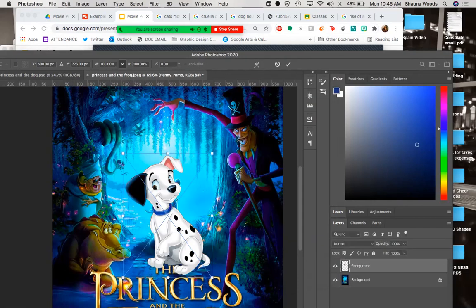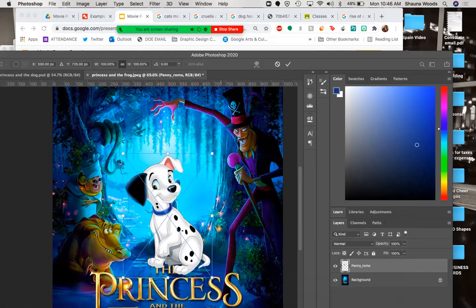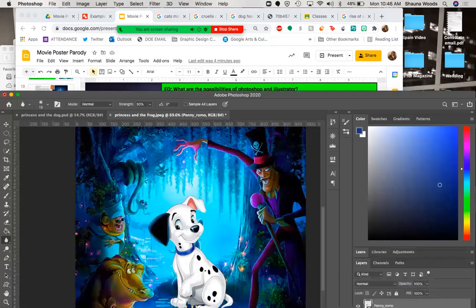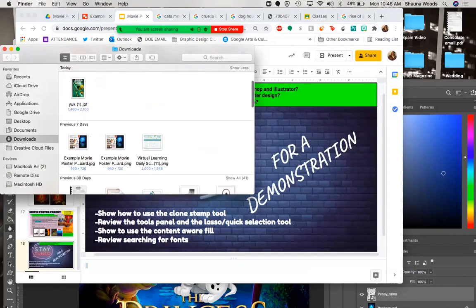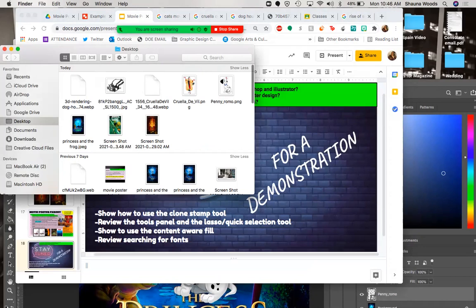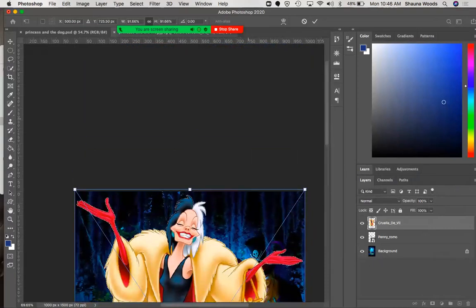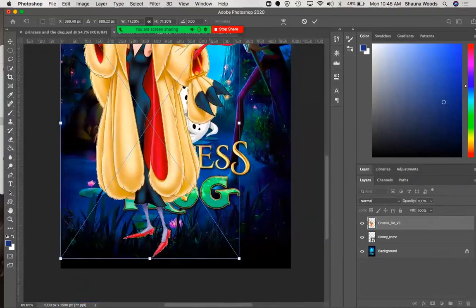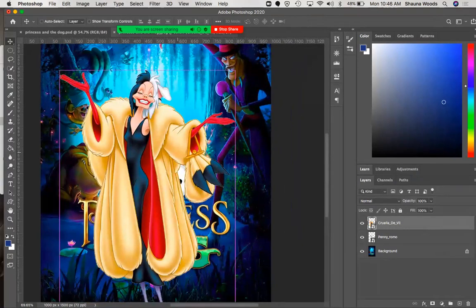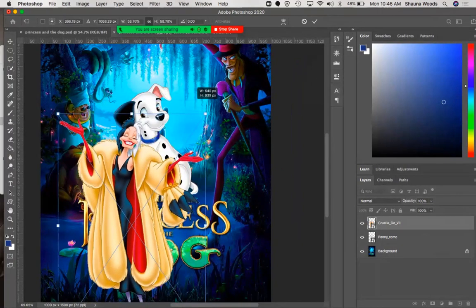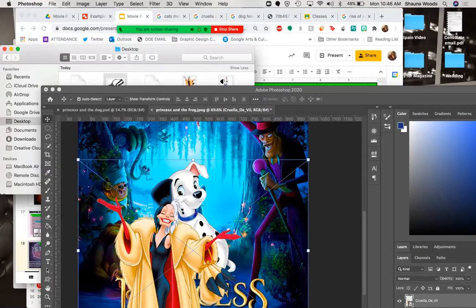Okay, so I'm going to drag in some of the things that I want to add. And when I drag these in, they're all going to be on separate layers too, which makes it easy. Actually the picture that I added in just now already has the background removed, which makes it pretty easy. But if I do need to remove the background, I'll show you guys how to do that as well.